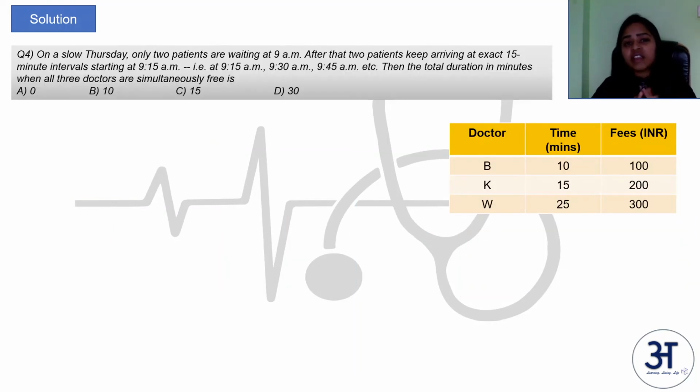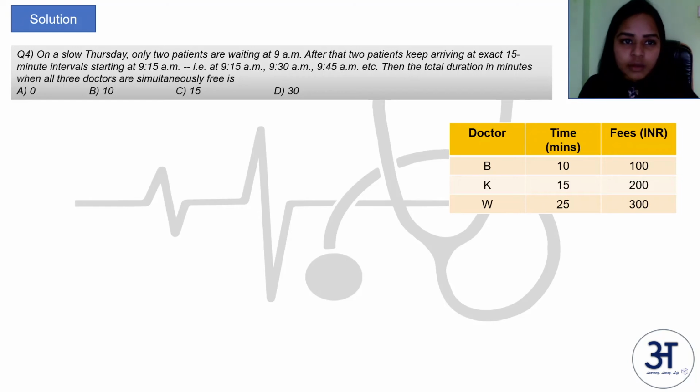So this question again can consume a lot of time if you don't look at the options. If you use the options, maybe you can answer this question in 20 to 30 seconds, right? If you don't look at the options, I've seen a lot of students and a lot of people solving, taking into consideration each 15 minutes and then arriving at the cyclicity and then coming to the answer. But you can directly answer. So let's first read what is the question and then we'll look at the options.